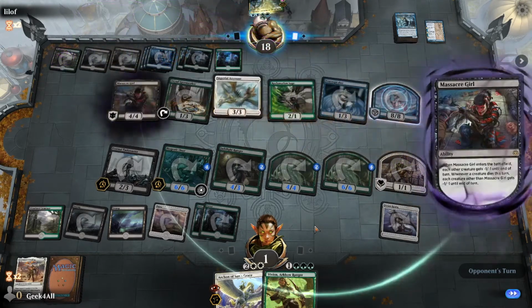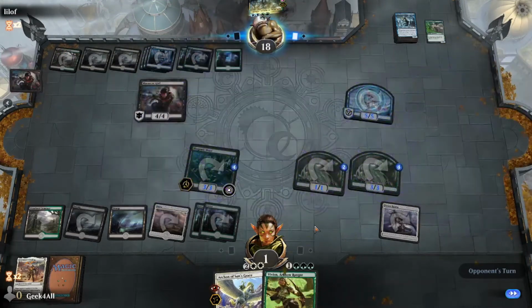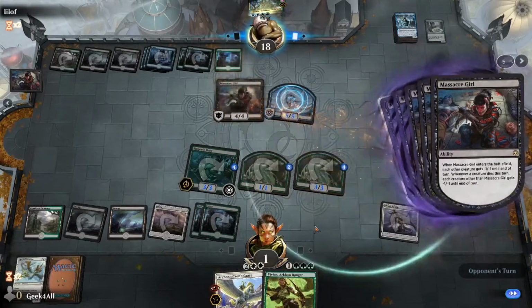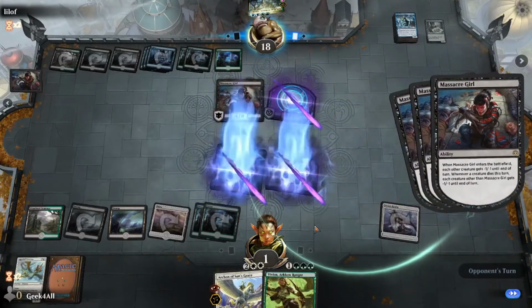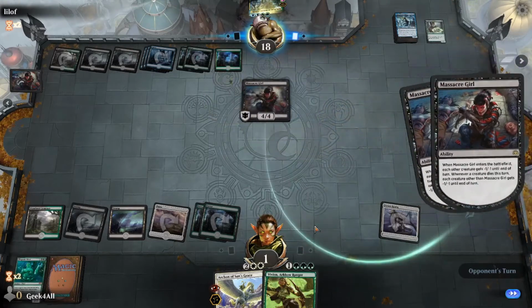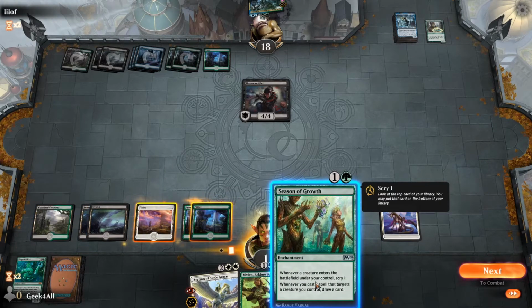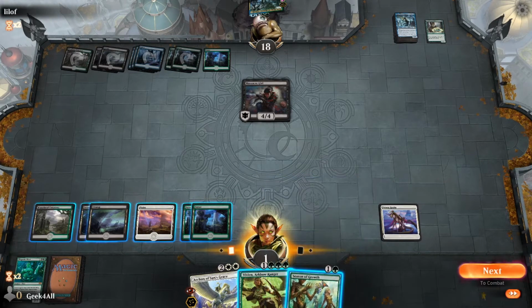Massacre Girl. Damn, that sucks. That's bad. 2 more damage kills that one. 3 more damage kills. Yeah, lots of things. Wow. Massacre Girl is insane. Yes, correct. She just kills everything. She literally just killed everything, including their 8/8 hexproof. Yeah. Correct. We are at 1,